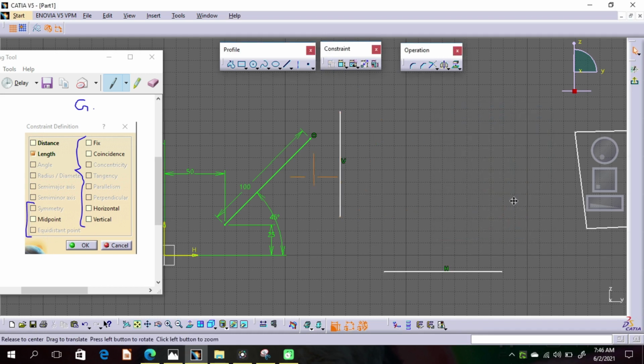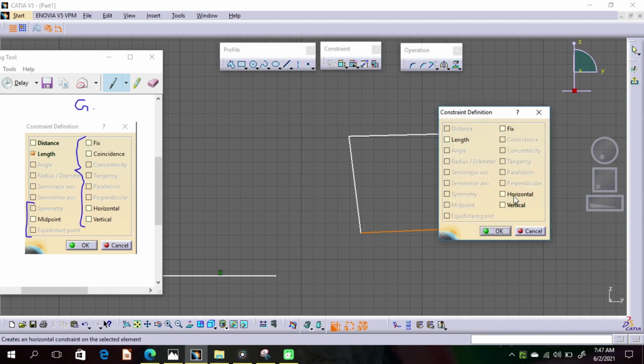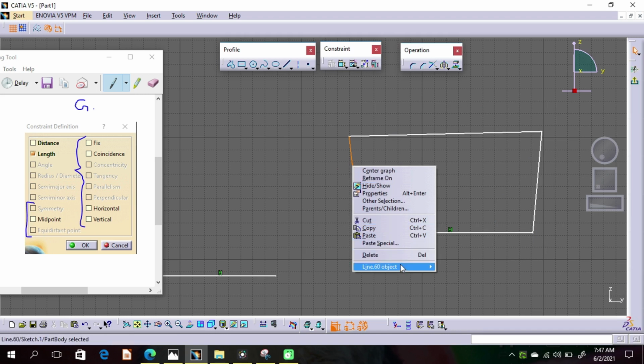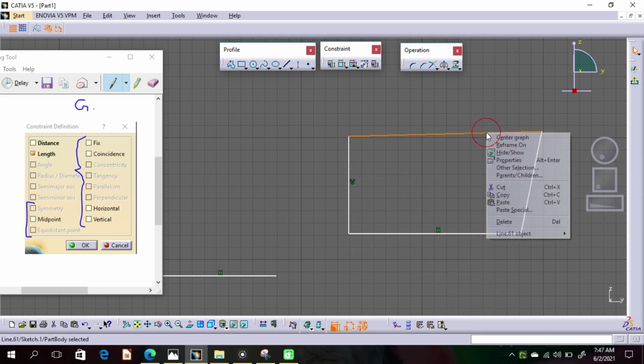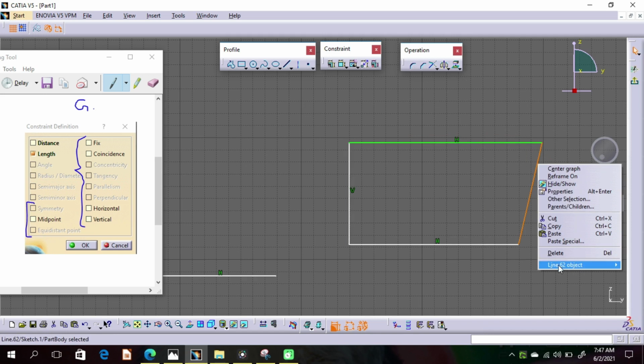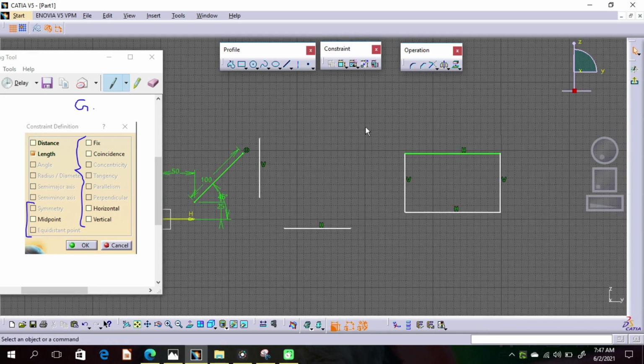So this is how you can make any line horizontal or vertical. First we have to make this base line a horizontal line. So select this line and make it horizontal. Select this line, right click, go to the line object property and make it vertical from this tab also. This is a very fast method. Right click and make it horizontal. Right click and make it vertical. So we can use these two methods to make any object horizontal or vertical.